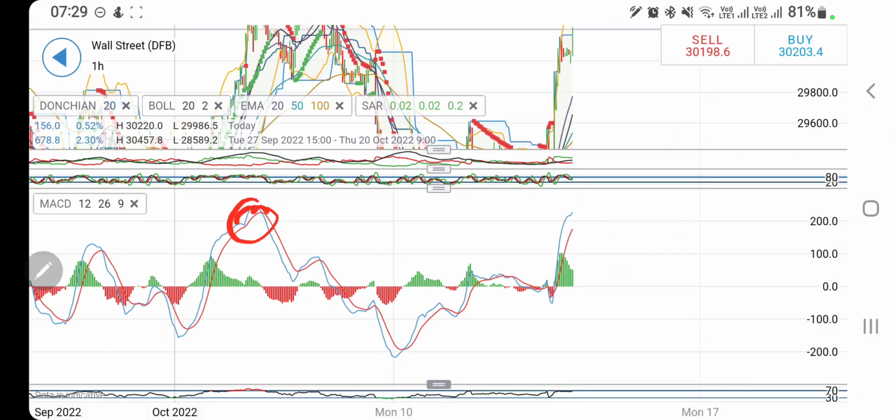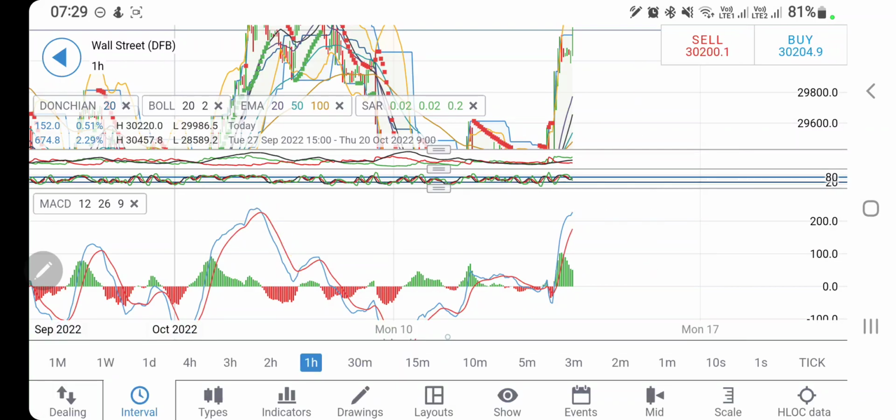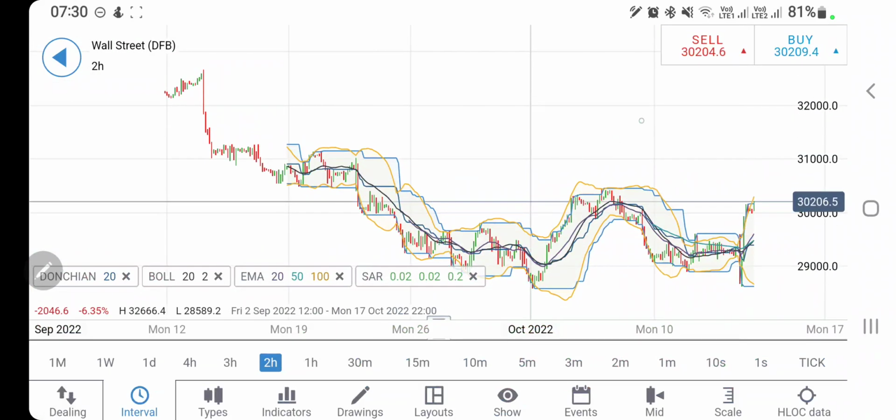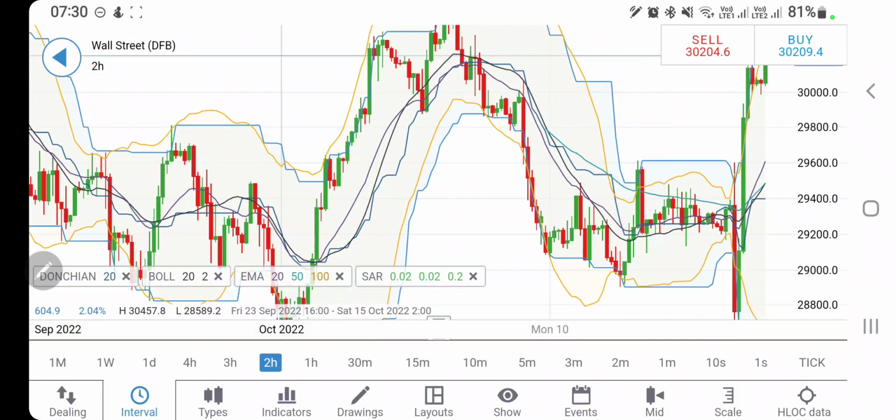See what we had seen here. It can converge, crossover, and enter in. Hence, just wait for it. Wait for the red line to catch up. Once this crosses over, it will call for a good drop there again. So be cautious there. RSI looking upwards, and if you look at the 2-hour charts, on the 2-hour charts,